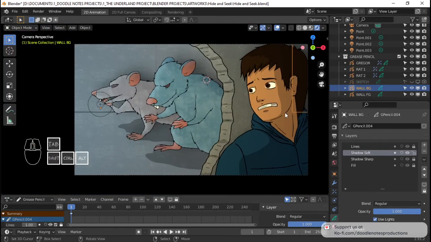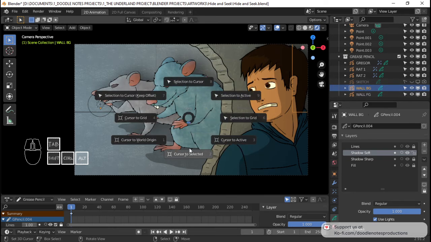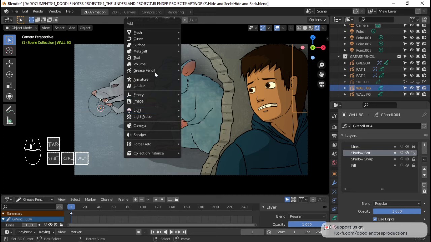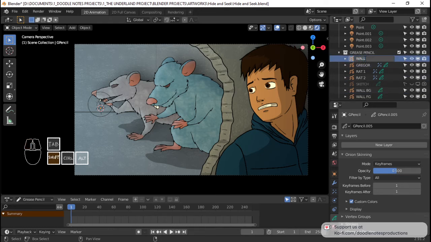I can even do something like this. I'm gonna shift A, shift S on. I'm gonna select WallBG, shift S, cursor to selected. Cursor will be where the WallBG is. I'm gonna add a new grease pencil object, blank. Put that on grease pencil. I'm gonna call this wall BG shadow,